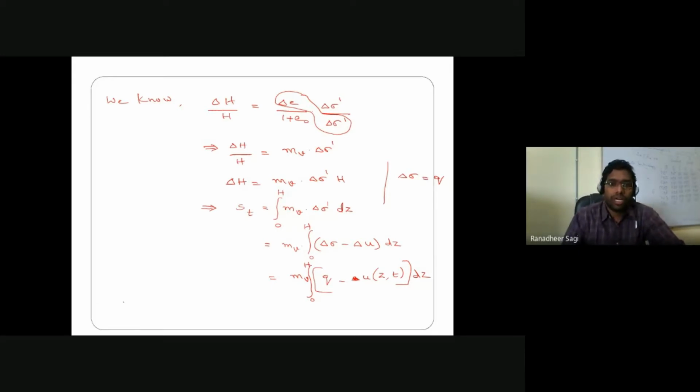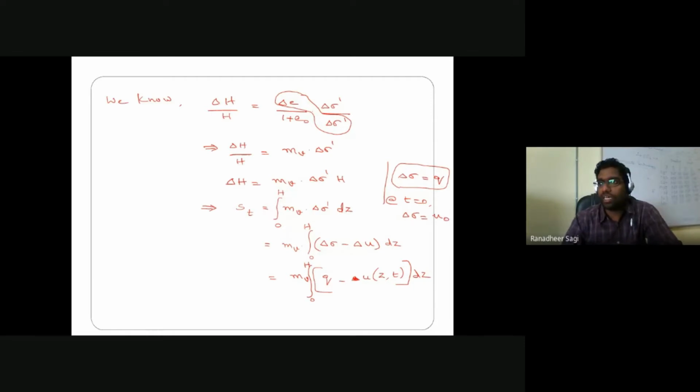Okay. Now, let me write down my expression, what I am trying to get according to my requirement. If you can understand, at time t equal to 0, if we are trying to talk about the amount of increment in stress or that surcharge stress, which is causing the consolidation, I can simply say that delta sigma is equal to your initial pore water pressure. So how much is the initial pore water pressure that is getting developed in the soil sample? It's simply what I can represent here as delta sigma.